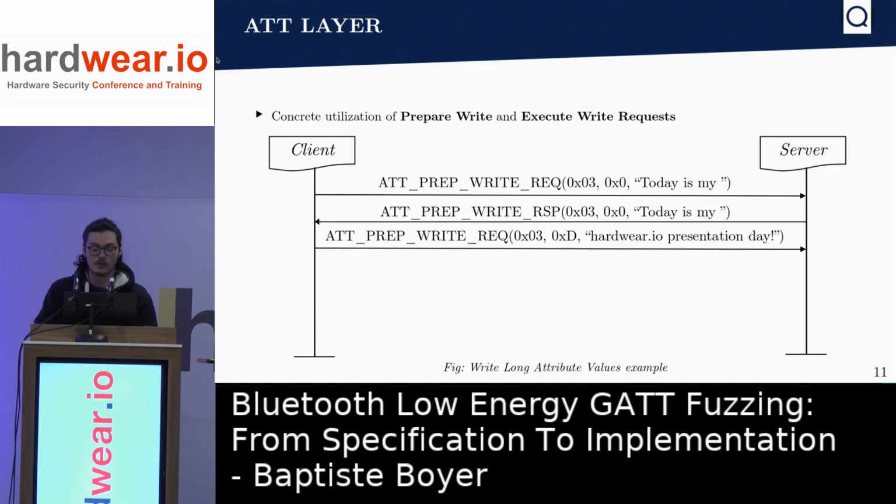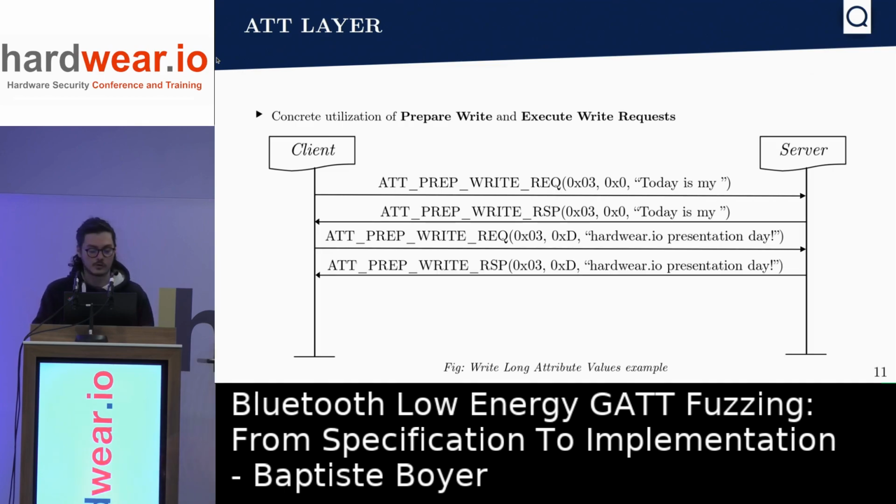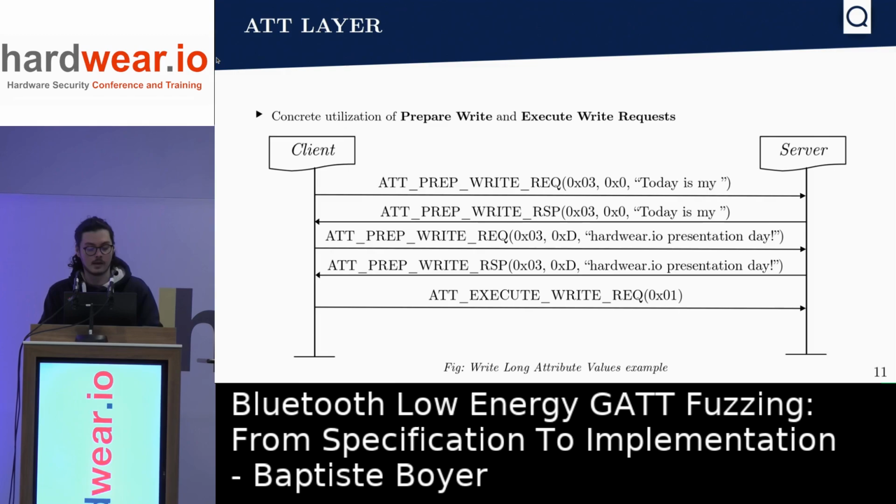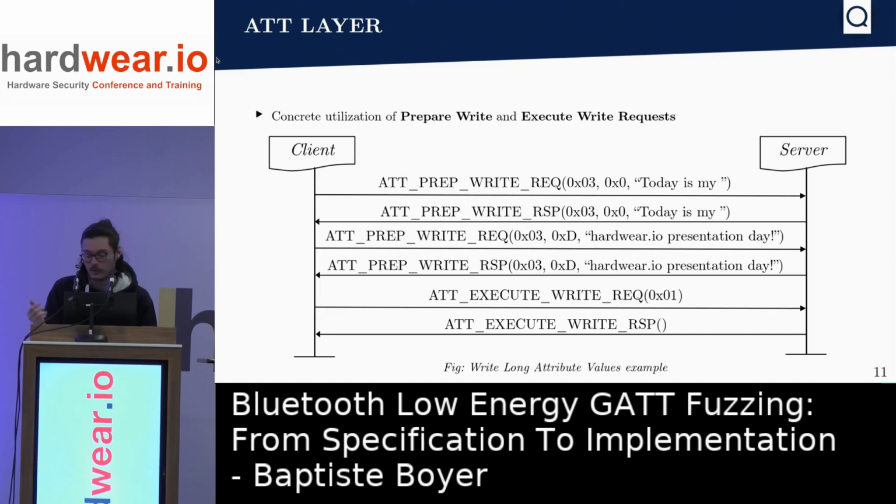The client continues with the prepared write request on the same handle, but now the offset is different, and for the value, "hardwear.io presentation day". Same. And then the client sends to the server this PDU, the execute write request with this flag, to tell the server, it's okay, now you can execute the write. And then the server responds with this execute write response to say, it's okay,